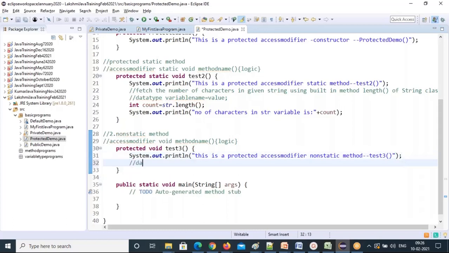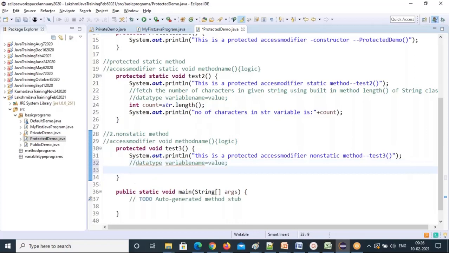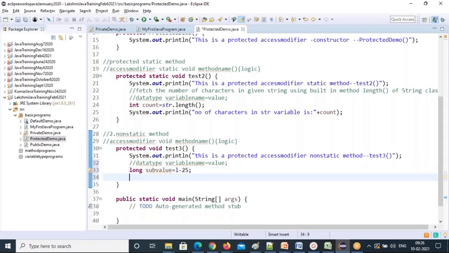Again, I'm going to create a local variable. I'll store it as data type, variable name equal to value. So for the data type I'll use long. I'll do a subtraction value. So I'll do subtraction from L. I'll subtract 25 from the L value, so I can get the data.